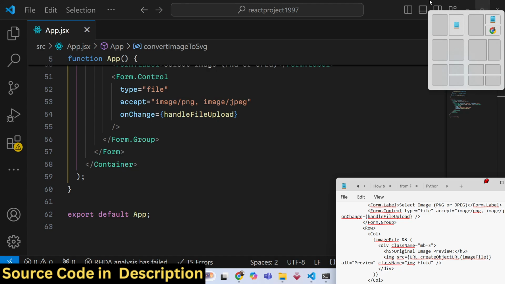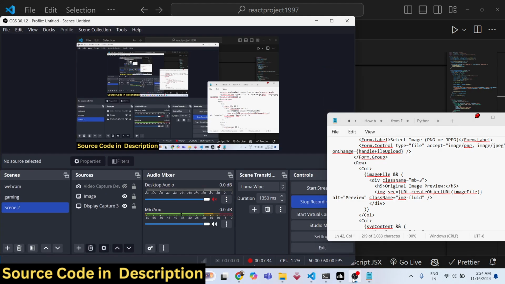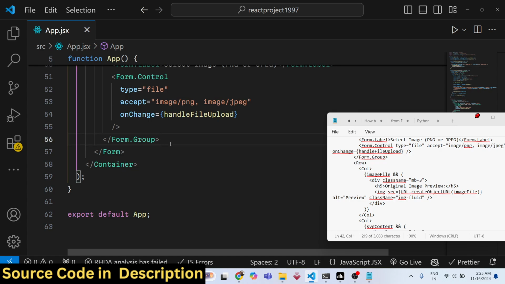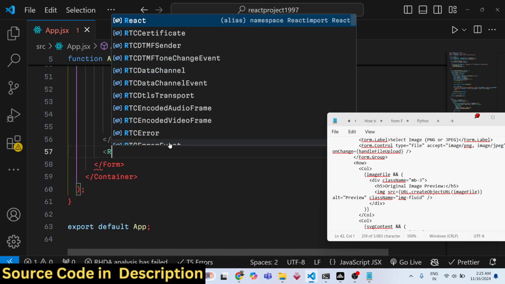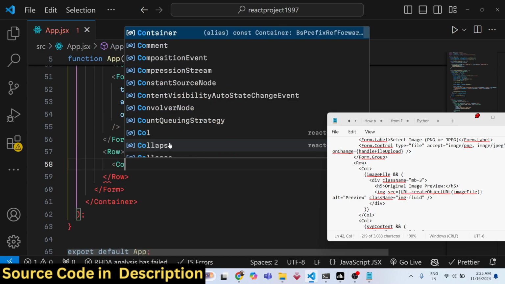So once you select your input image, for showing the live preview of the image right here after this form group, we can have a row tag, column,